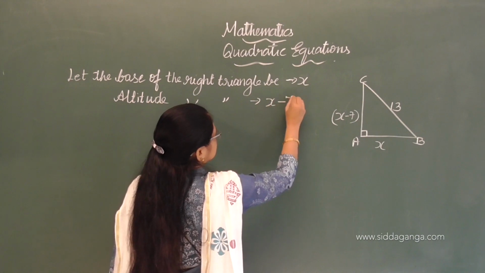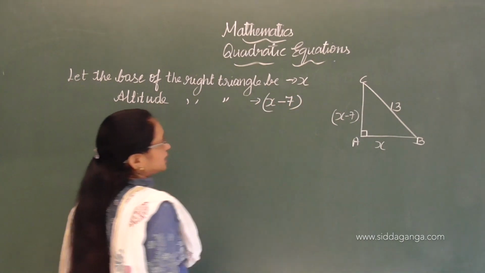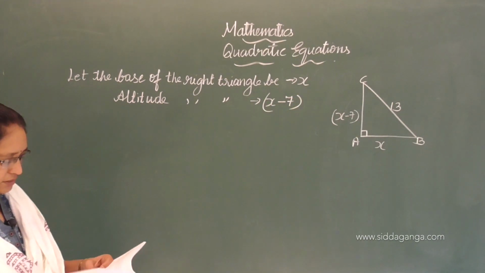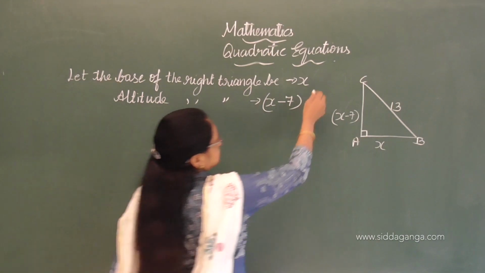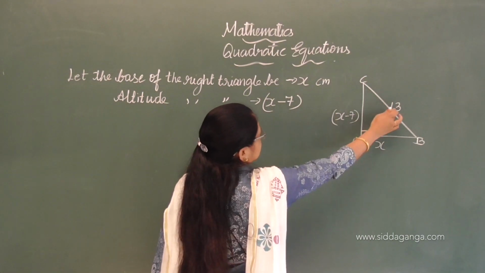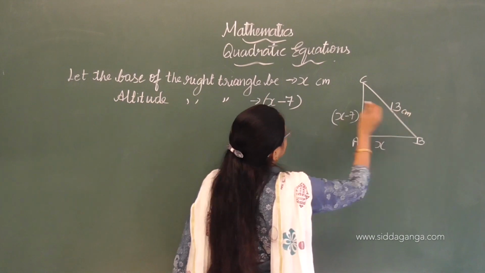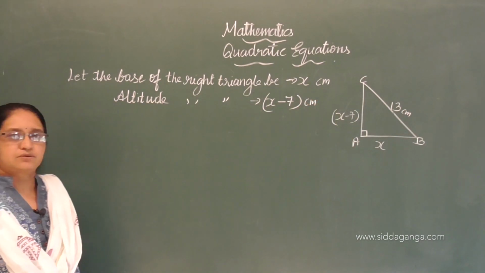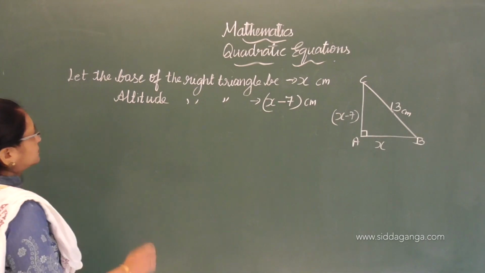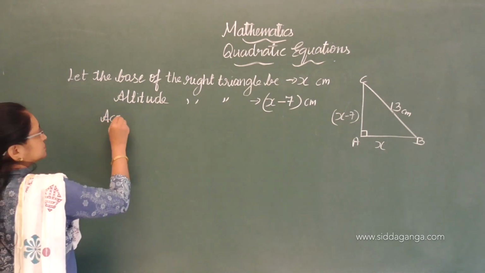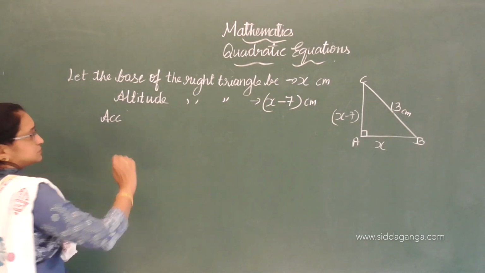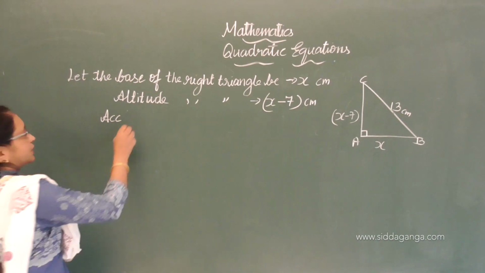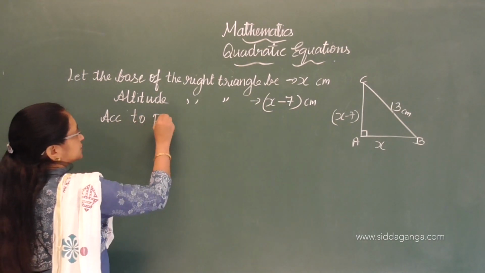X minus 7, because they have given there, and you can mention it is centimeter, because 13 centimeter they have given. So, it is understood that this is also in centimeter, you can write that. Okay. Next, according to Pythagoras theorem,